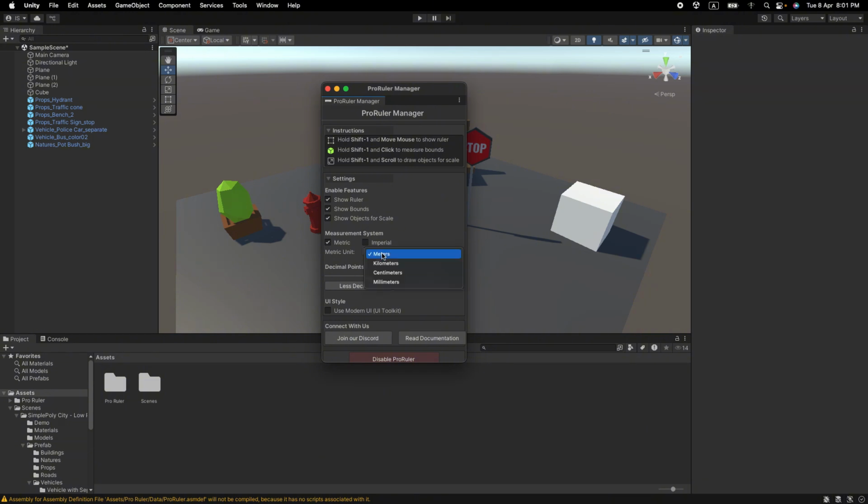And here you can see we even have different units like meters, kilometers, centimeters, millimeters, and the decimal point. We use a modern UI and the support is at the bottom, and here's the